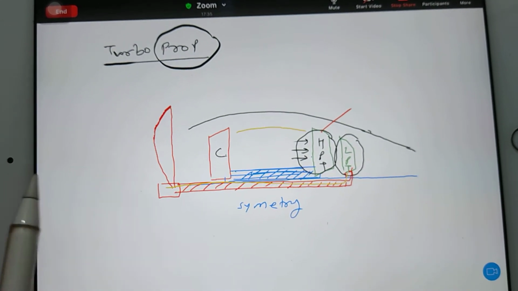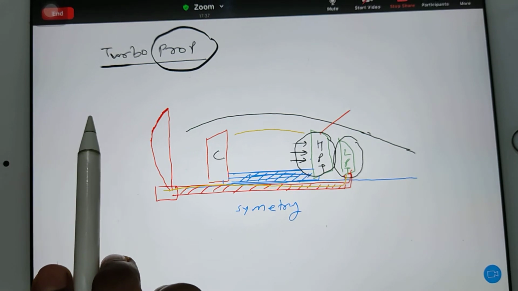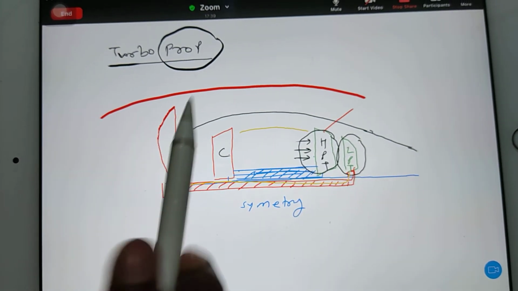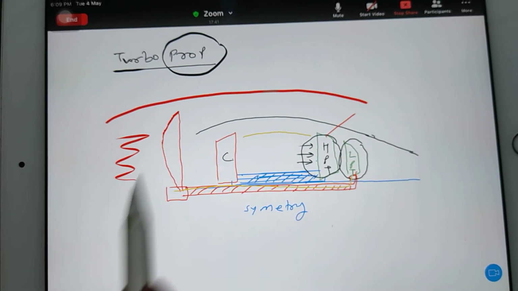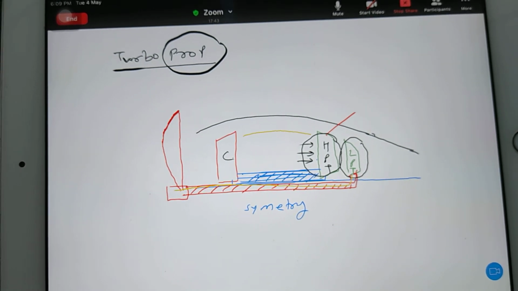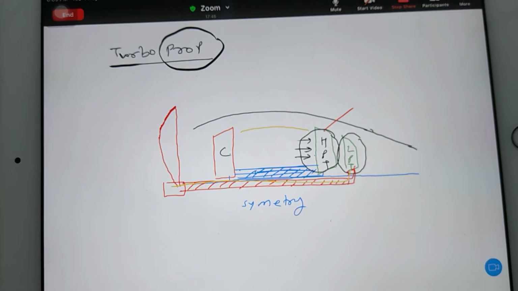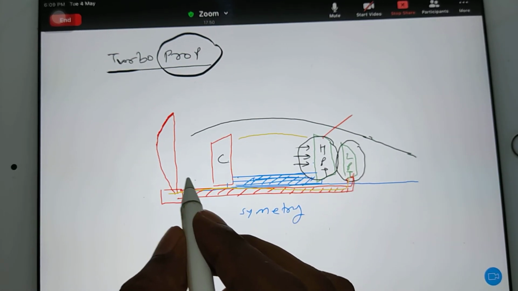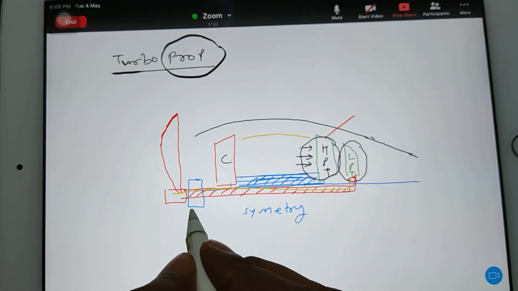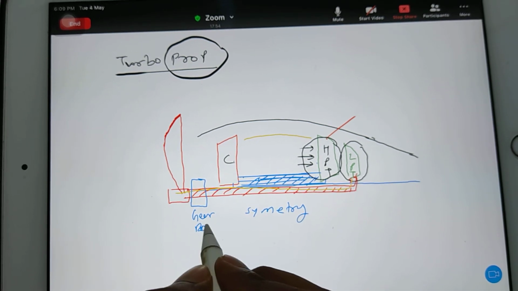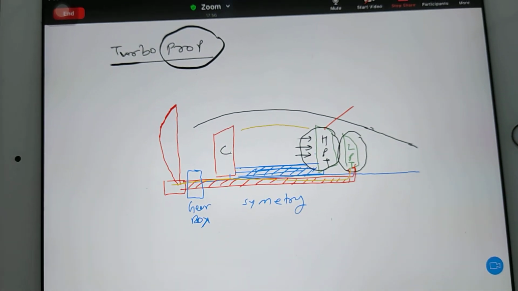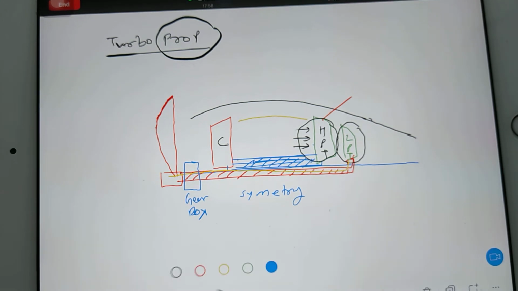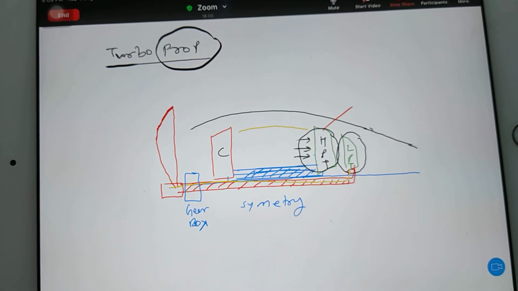Okay. Now we saw in the turbofan we had one extra cowling here. And this much part was behaving like a diffuser. But in this case we don't have such a condition. Now here one extra thing we connect in between, that you can call a gearbox. Okay, the basic idea is entirely the same.